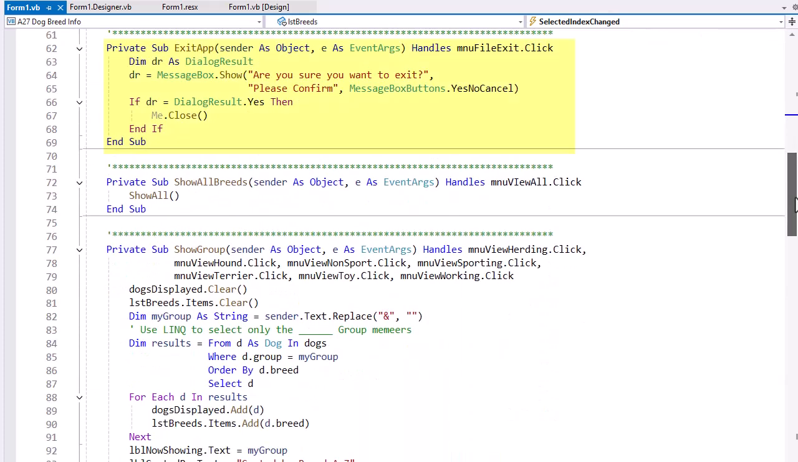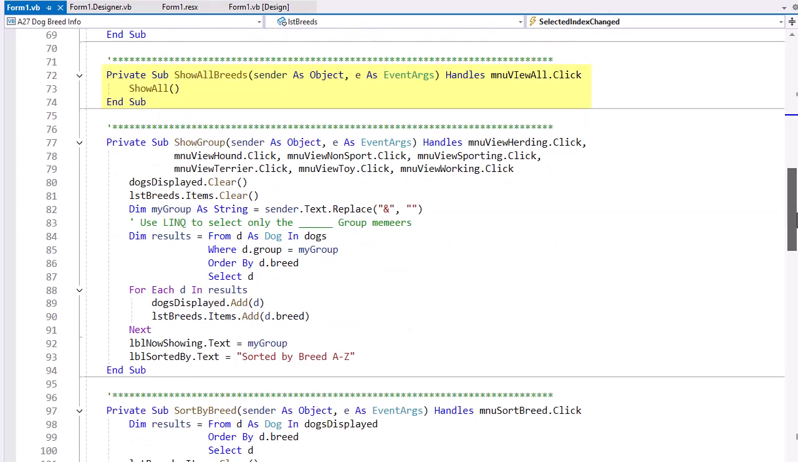The exit app menu handler simply confirms they want to exit. If they do, it calls me.close. There's a menu for show all breeds, and we're going to call the show all method. And then showing the different groups, whether it's herding, hound, sporting, non-sporting, toy, terrier, or working, we can use the